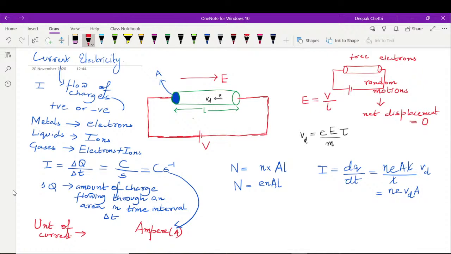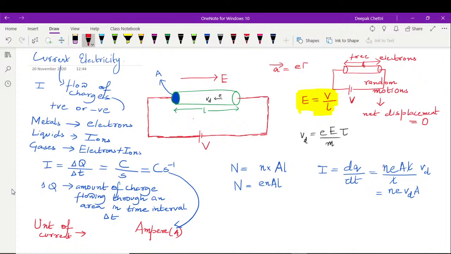And now what is the job of a battery? The job of a battery is to supply potential. So that potential is written with capital V. Now once you supply potential to this, an electric field will be generated inside this conductor, and that electric field is given by this expression, right. Formula is V by L. What is L? L is the length of this conductor. Okay, and because of this electric field, now the electron will accelerate, and that acceleration is given by